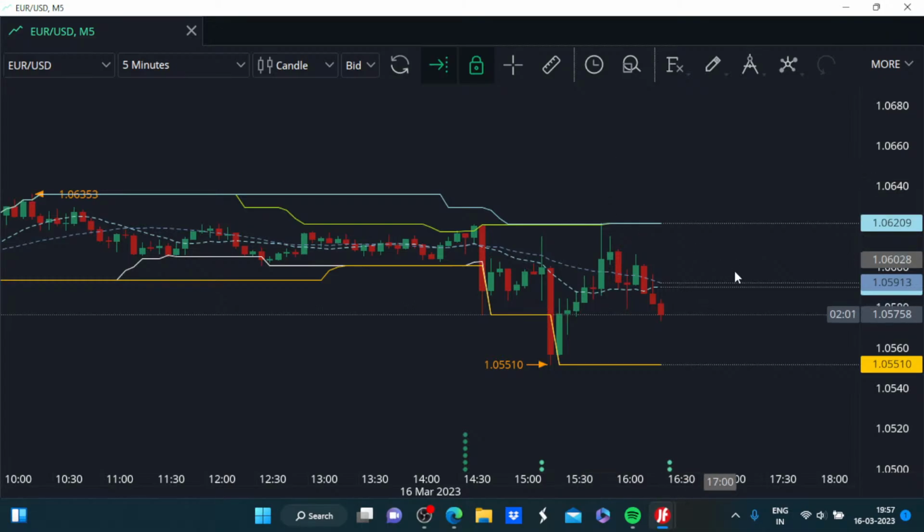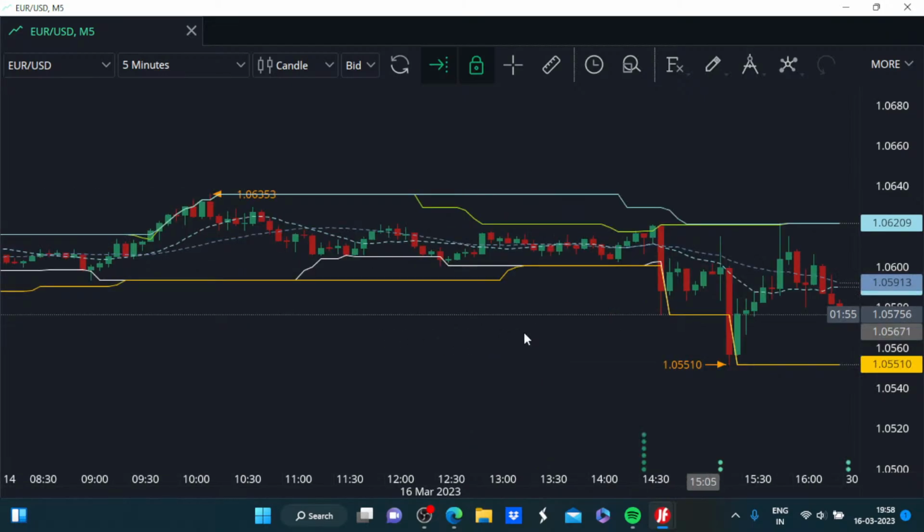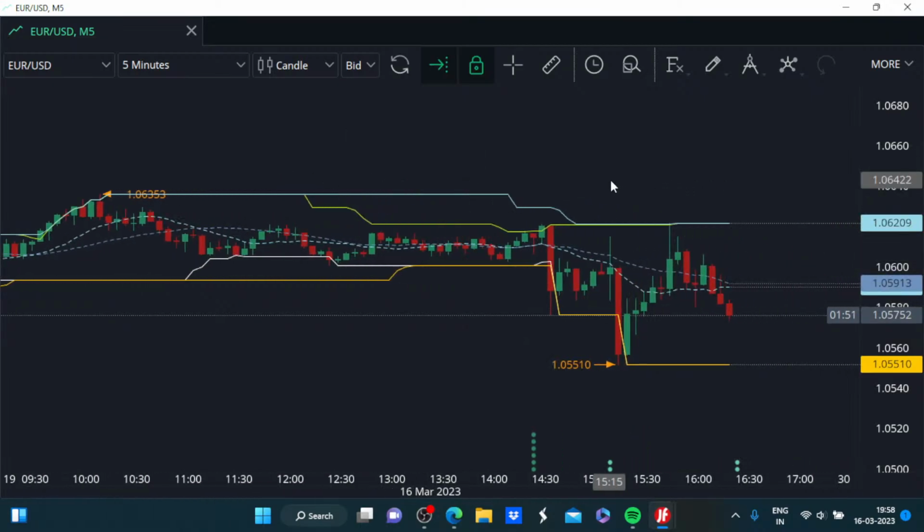The range is of around 70 pips from this low to the high, and if we consider the highs and lows formation, it is of lower lows and lower highs. So as I said, it is simply consolidating with extended range and bearish bias. So even in the current scenario, it is better for us to keep looking for short selling opportunities, but we